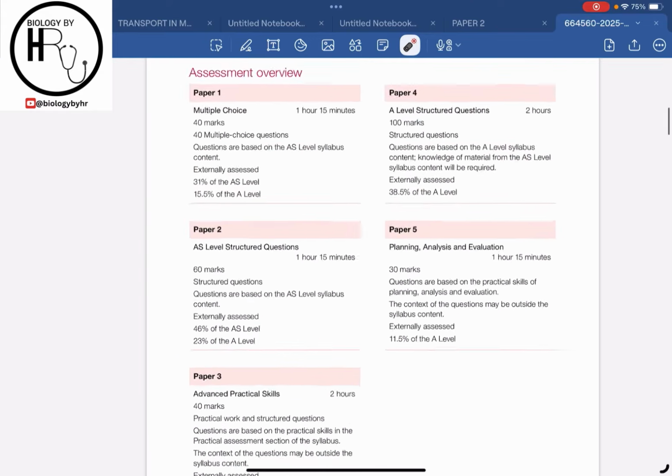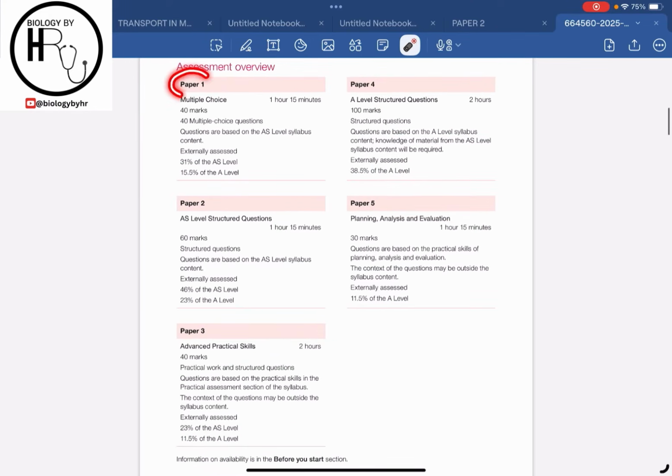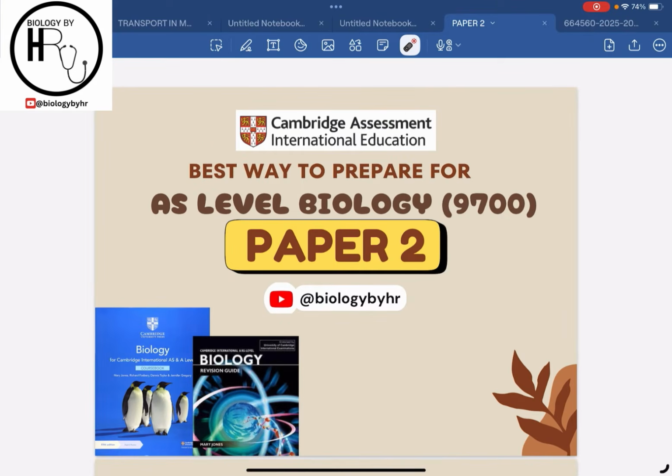तो अगर आप generally in your AS you just give paper 1, paper 2 and paper 3. So out of all of these three, in all of these three it is having the highest weightage. Like paper 1 is having 31%, the paper 2 is having 46% and paper 3 is having 23% of the ALevel grade you are going to get. So over here you guys can see that paper 2 is having the highest percentage of the grade you will get. So doing paper 2 and mastering paper 2 is very much necessary to uplift your grade in ALevel